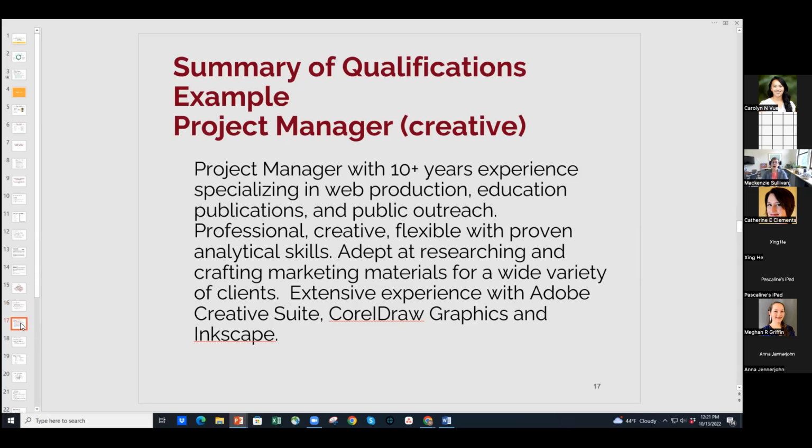Okay, so I think this is a decent summary that somebody has written to be a project manager that's got a little bit of creative side, right? It starts out by saying project manager. You're queuing the reader up to be like, this is the person that I want to be. Now, clearly, if you've never done project management, you can't say that, right? But there are a lot of people who are in PhD programs who have done a significant amount of project management during their PhD program. And so if that is a fair thing to state about yourself, you can say that. So you're queuing them up to think of you as a project manager.